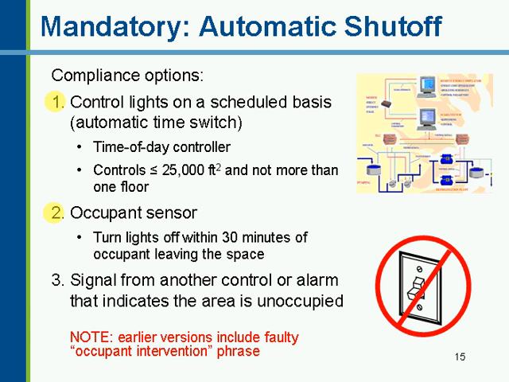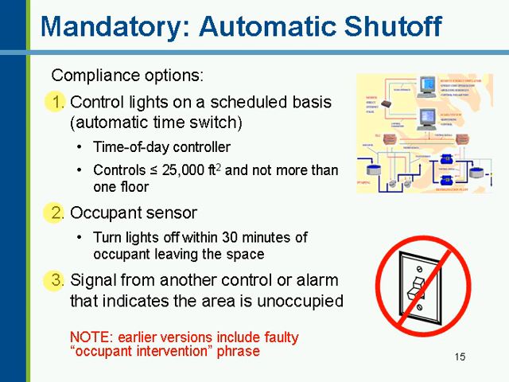These must be the types that turn off lights within 30 minutes of the occupant leaving the space. If you were to install occupancy sensors in all spaces in the building, you would then comply with this requirement. A third method is some other type of signal, and there are some systems out there tied to workstations or computers that would provide some kind of a signal that indicates the space is occupied, and that would also comply